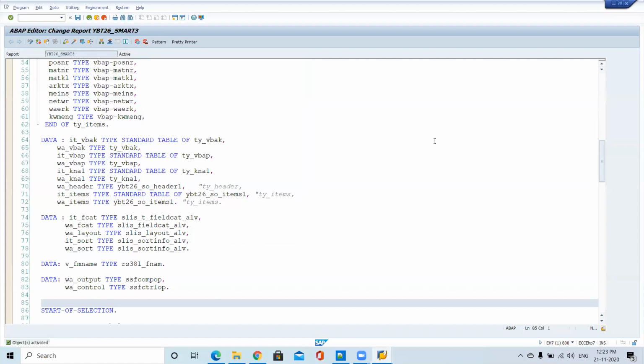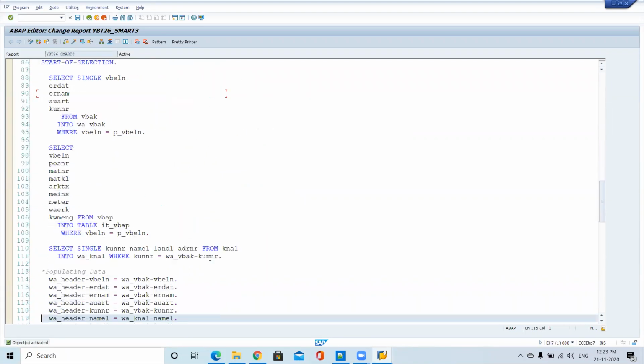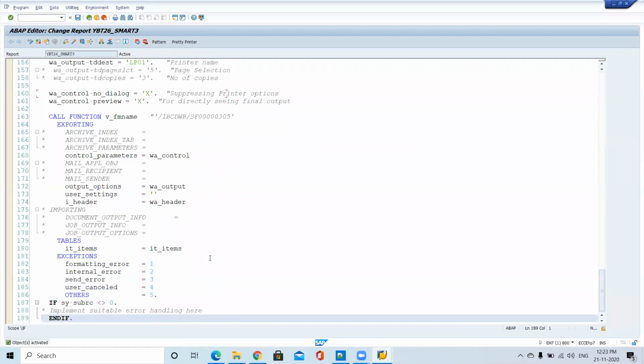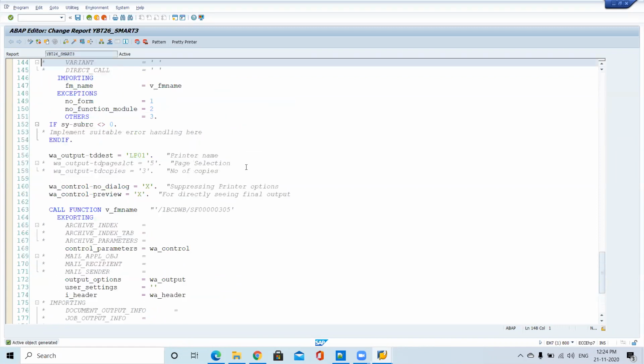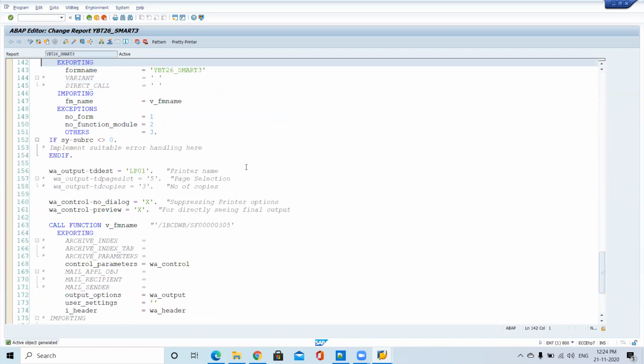Sir, here we have one more thing. We have a user profile, and in the user profile we have parameters, the tab option parameters. Generally, the scenario is that we have different kinds of printers. One is a laser printer, which we directly assign in the output device of the user profile. We also have a label printer, a special printer which prints small stickers, having a barcode option or other options.